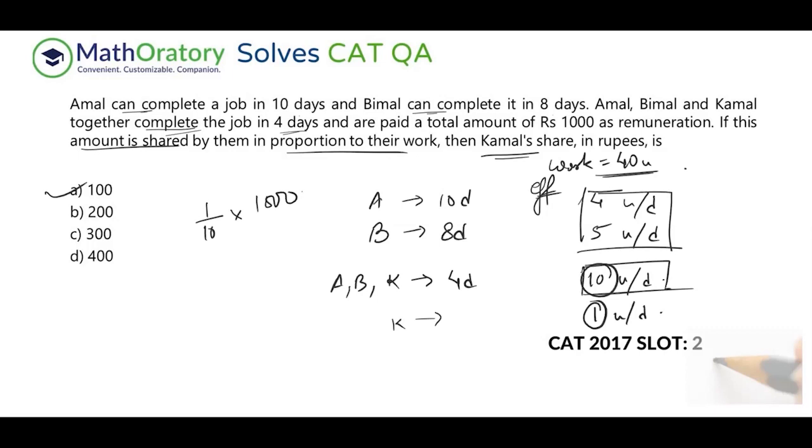So I hope that was understood. It's a very simple problem. Ideal time would be 1 minute or even less than that. If you understand these kinds of ideas, you don't have to think about it. All you have to do is take the work as a proper number, and then you get these numbers very quickly, resulting in the answer also very quickly.